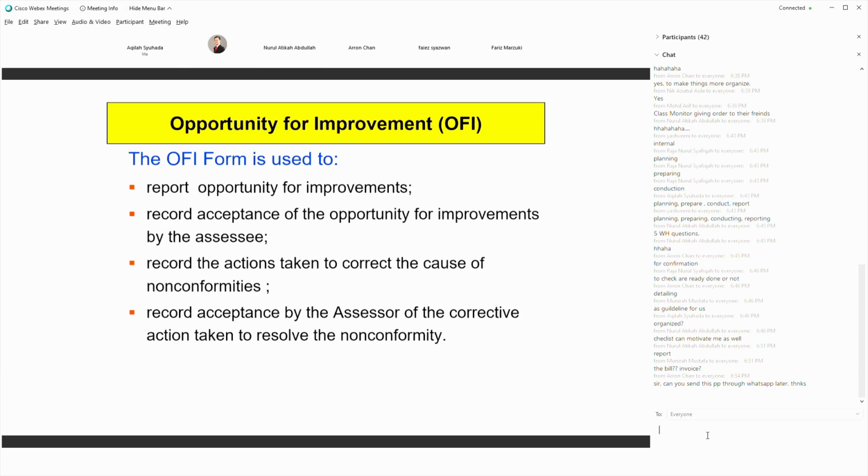There's no more late submission. Once you are late, that's it. You cannot submit already, so make sure you plan. I still give chance for people who didn't manage to upload on time. If you have difficulty, you must let us know at the earliest time, not one or two hours after the exam is already over. Because the rules still apply, right? So I hope you won't have any problem